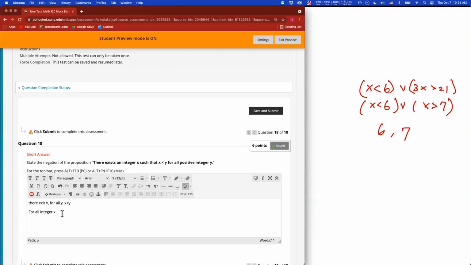So to negate it, you will have for all integer x, and then for all y becomes there exists. So when you negate it, you will have for all integer x, there exists